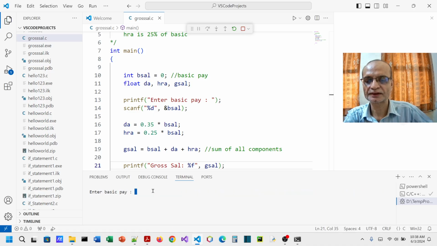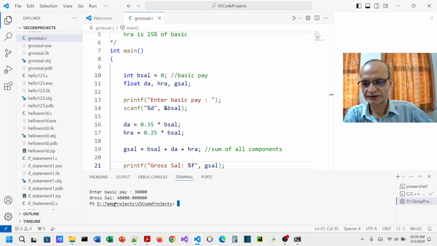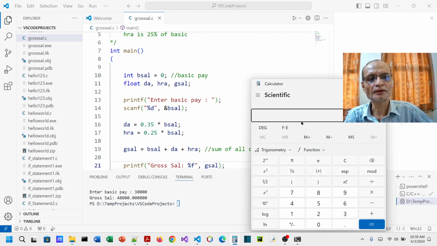Yeah, so it is asking us to enter basic pay. So let's say basic pay is 30,000 Indian rupees. I'm just putting 30,000 Indian rupees. So his salary will be 48,000.0 obviously. Why? Because if you want to check it, you can simply do the checking by